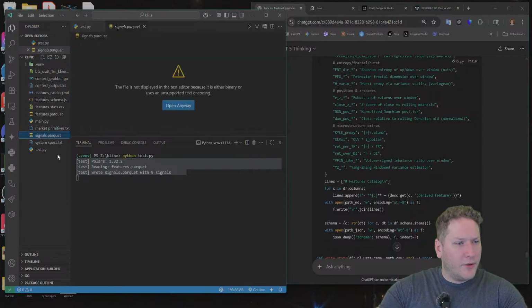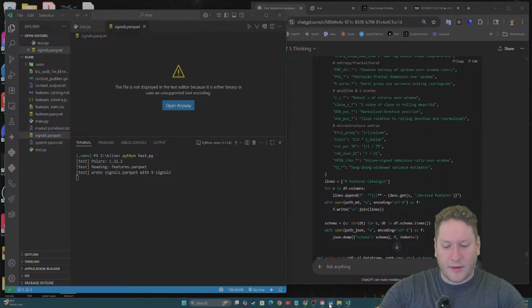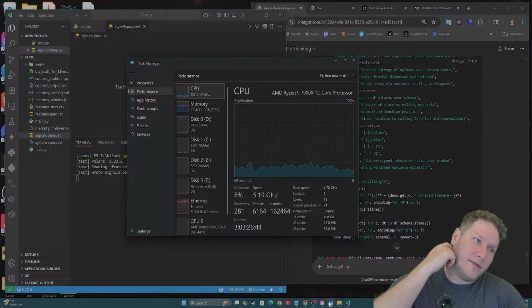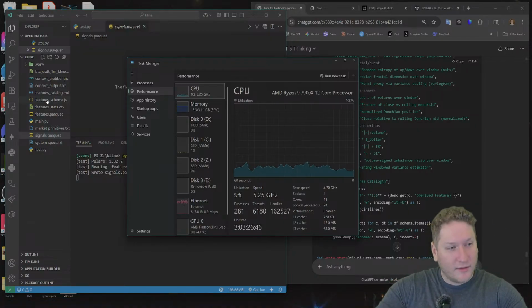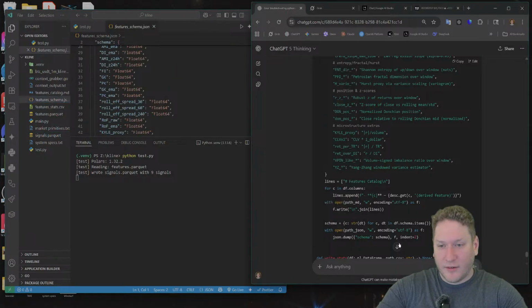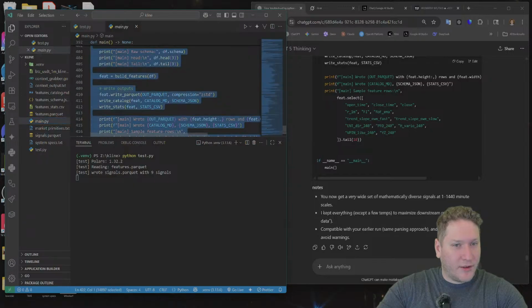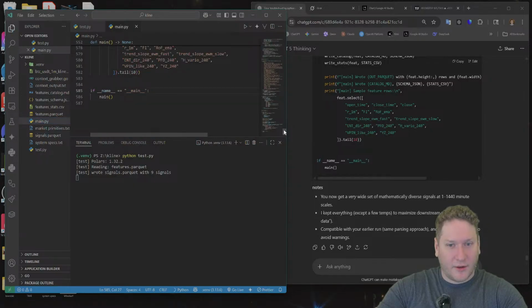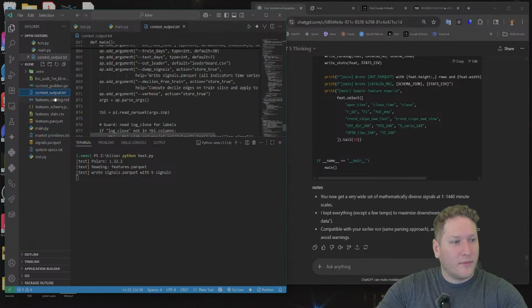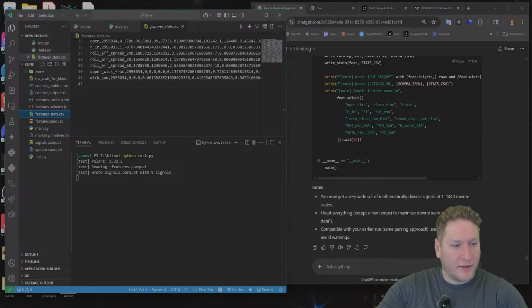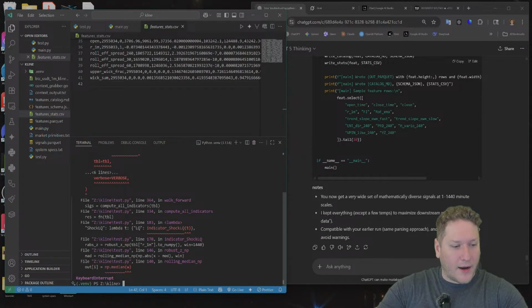So it wrote a new file here. Not too sure what test is on about, but it's definitely taking a lot longer than my features. My main wasn't even doing any feature engineering. It was just giving me a quick rundown. All right, we're stopping it here.